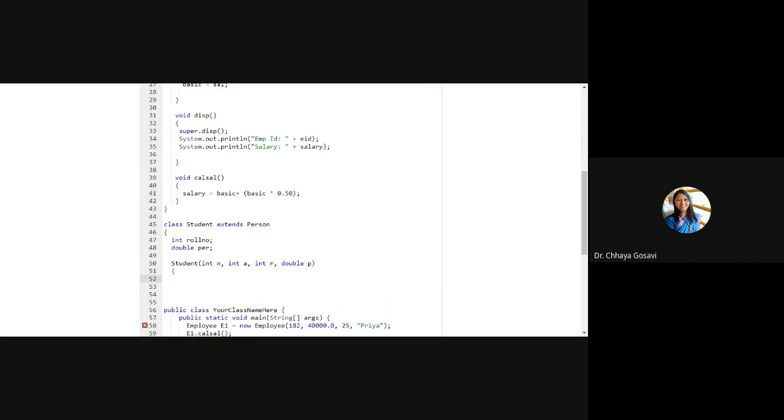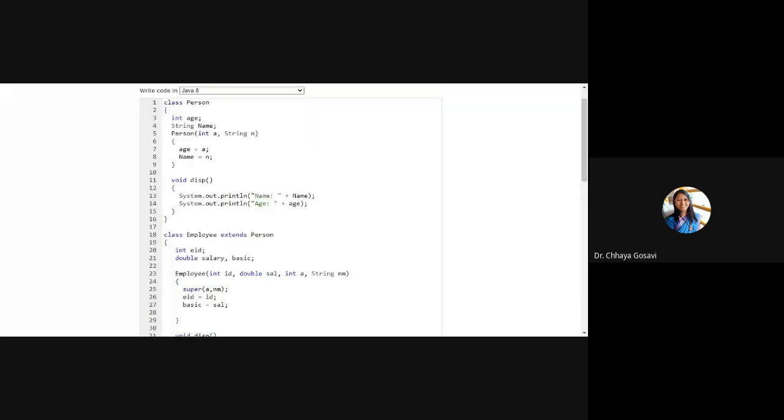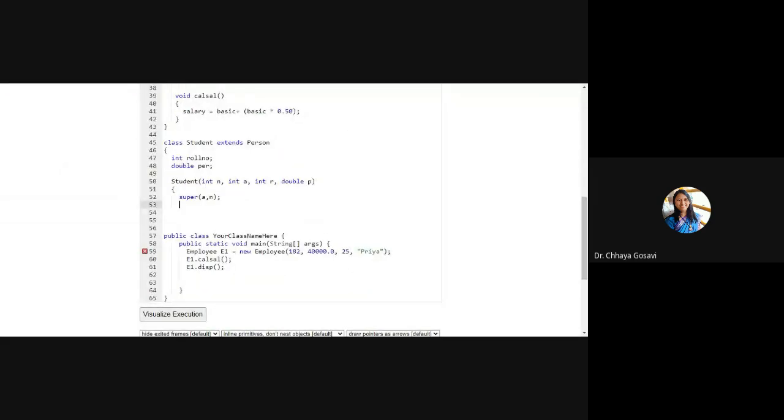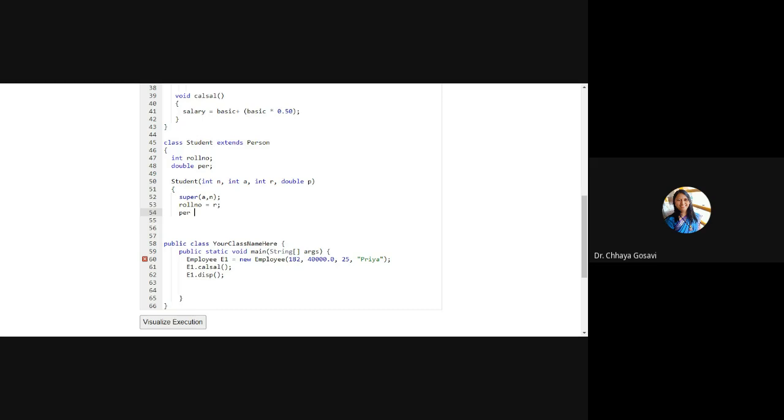And we'll call the super constructor with age and name. This sequence should match with the person class, age and name. And for the student class, roll number we have to initialize with R, and percentage we have to initialize with P.